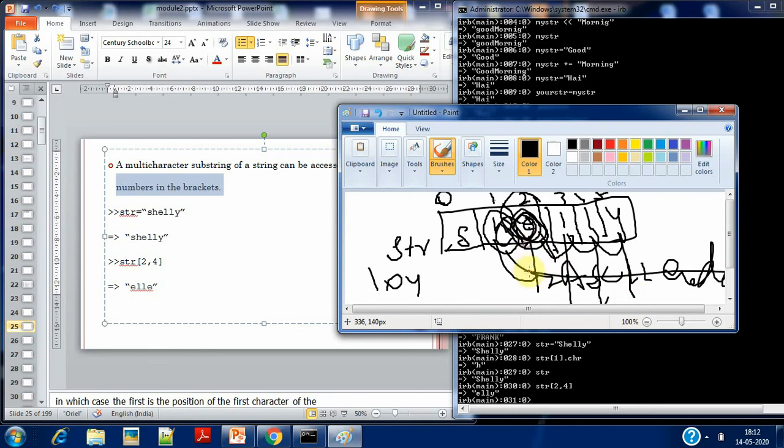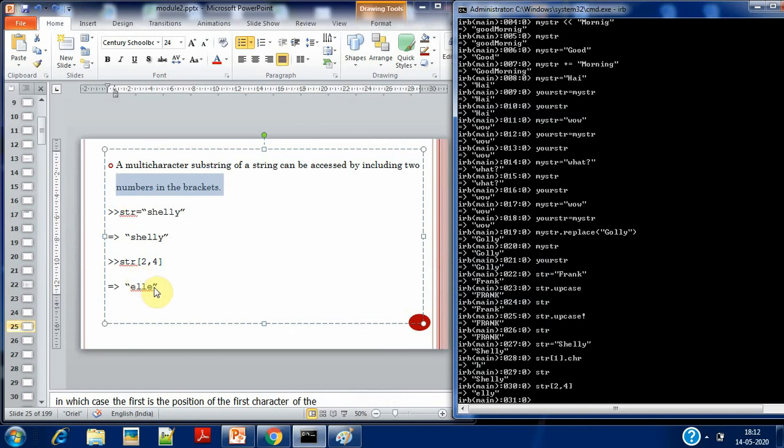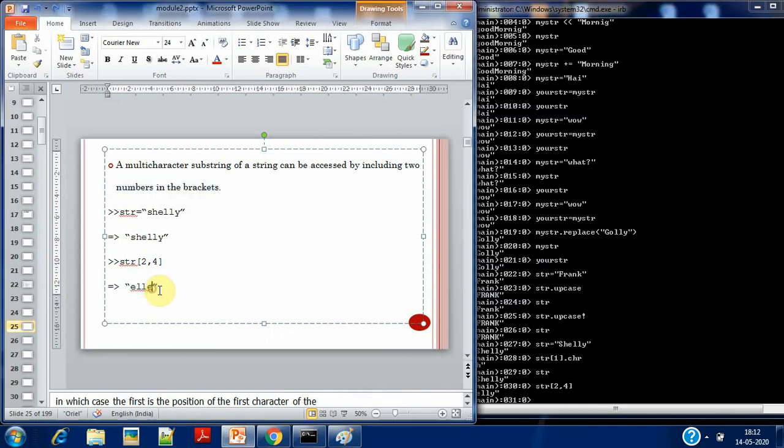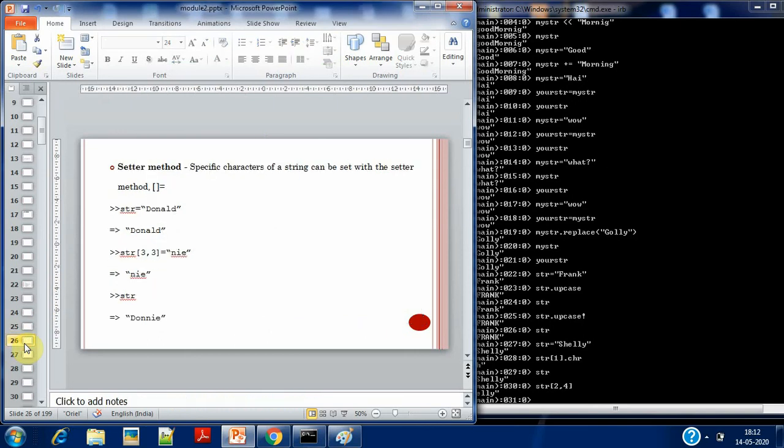So you have E, L, L, Y. That will be displayed. Here it should be Y. I hope you have understood this. So 2 is the starting index position and 4 tells you how many characters you want. Next one you have is the setter method.